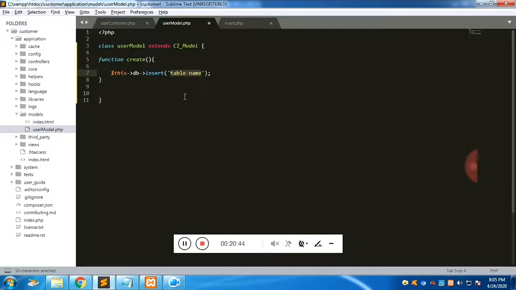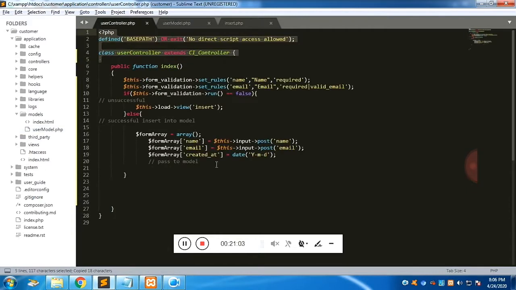Fine. Table name and the array. We are going to pass the parameter, and this passed parameter will be used as the second argument. As you have guessed, we are going to use the same class over here. We are going to pass the same variable inside the create function, which is inside the model class.